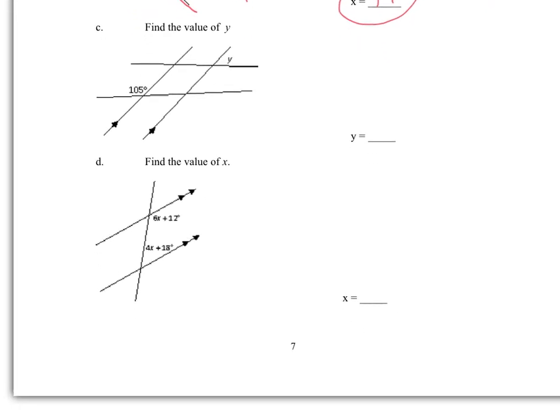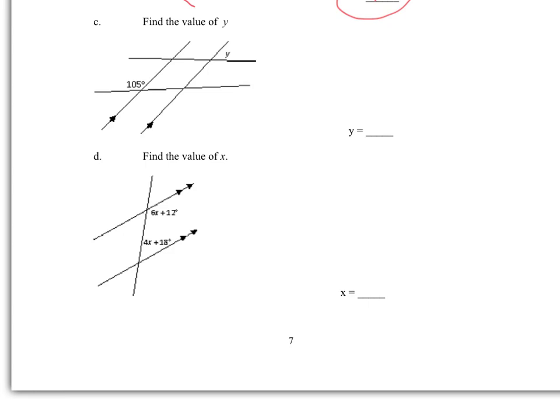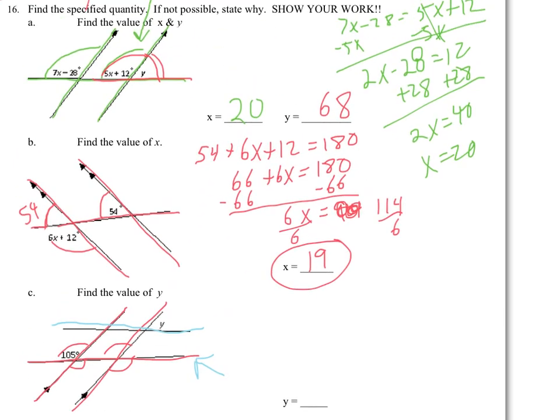Okay, C is tricky because if you'll notice, we have parallel lines cut by a transversal. So this is congruent to this angle. This is corresponding to this angle. Now be very careful because this line does not say that it's parallel to this line. So if it's not parallel, we cannot make any assumptions as to lines of congruency or angles being congruent, which is that